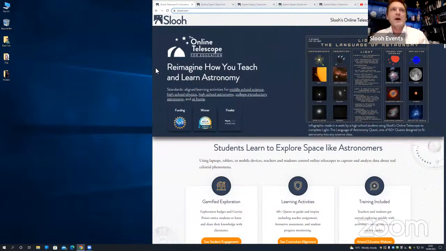So I know we've got a lot of people coming in to Slooh absolutely cold. So I'm going to ask John in a little short while to give us a brief overview of that. But if you land on Slooh's website, the Online Telescopes website, this is where you land. And you can have a look up here if you're a family or if you're an individual interested in space and astronomy. Well, you can click the For Everyone. If you're an educator, you can go down to your grade level here and it gives you loads of information. But John's going to show us a little bit more of that a little bit later. But come on, let's hop over to the live telescope.